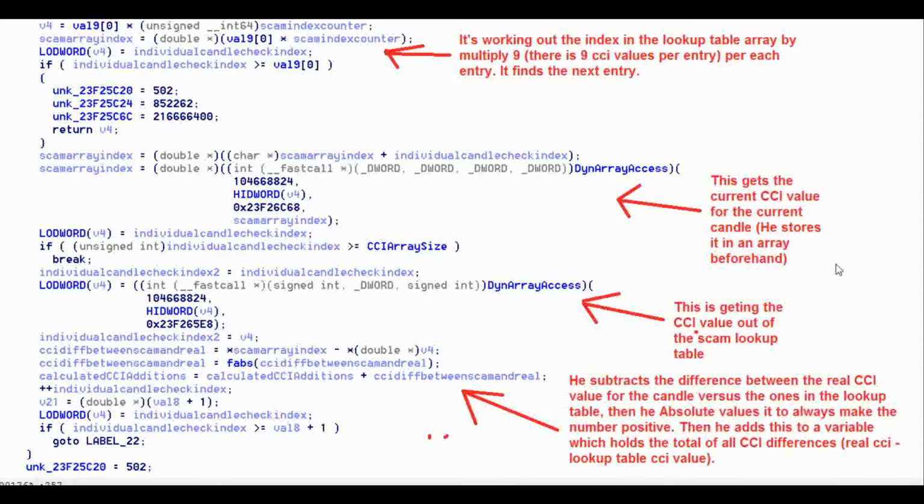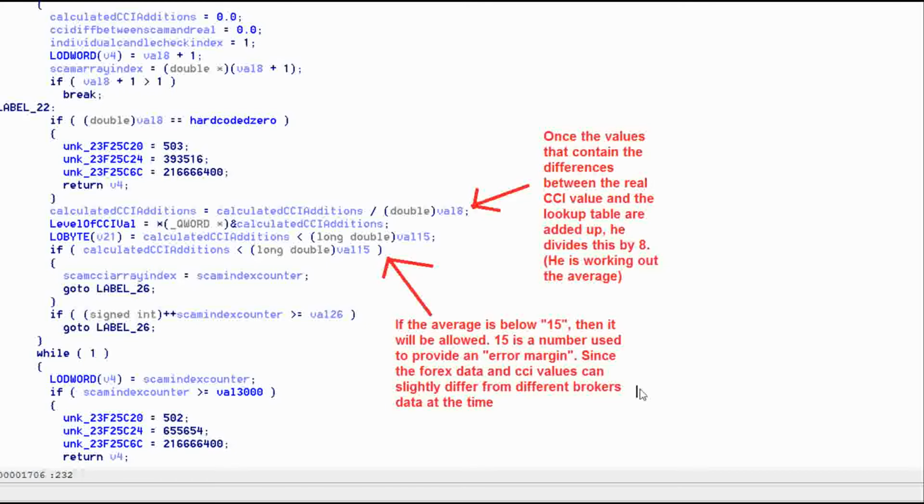Once all the indicators are in the right place, we loop through the last 9 candles and get the CCI values for each one and compare this against a lookup table of data. The comparison is done by subtracting the difference between the current CCI for that candle against the one in the lookup table. With all differences for each candle, we add them together and work out the average by dividing the total by 8. If this number is below 15, we allow 15 as an error margin, the trade is allowed